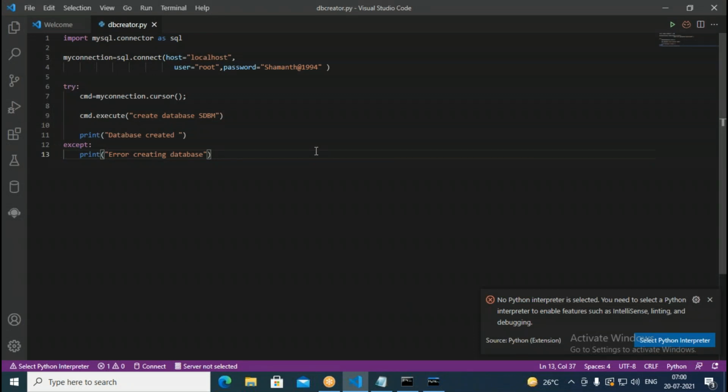In the localhost, the user ID is this one, the password is this one, then the host is localhost. Instead of that I can also use a different database server name, and this is the username, and this is the password I give like this.